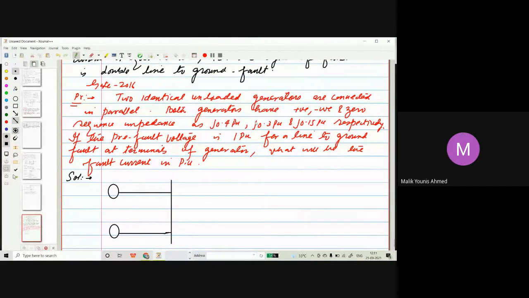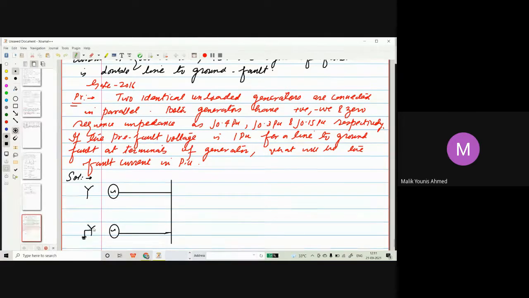क्या कह रहा है? Both generators हैं, पॉजिटिव नेगेटिव जो भी है, ये वैल्यूज इसने दिए हैं. So both generators के positive, negative, zero sequence impedance दी है इसने. फाइन. ओके. डायग्राम इसने दी है, दो आइडेंटिकल जनरेटर्स का डायग्राम. He has given the diagram. ठीक है. तभी तो ये स्टार कनेक्शन दिखा रहा है.